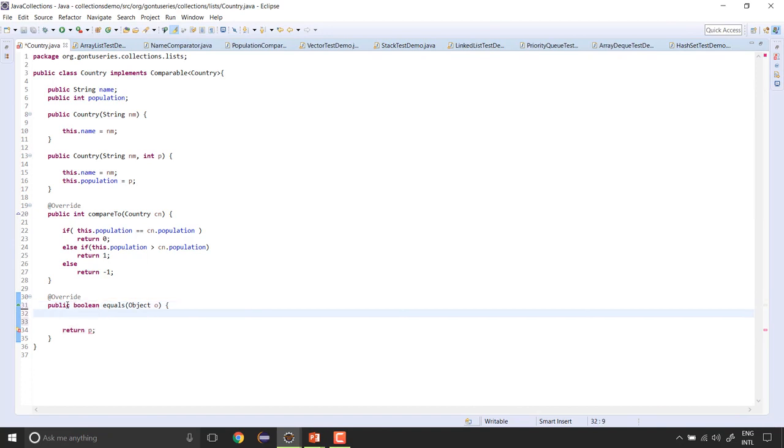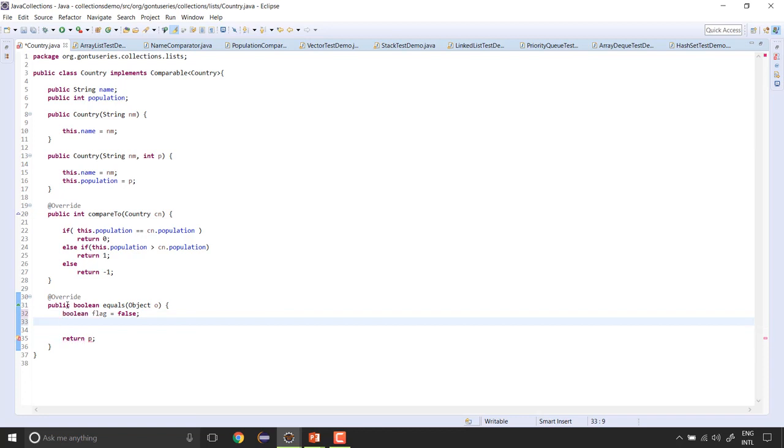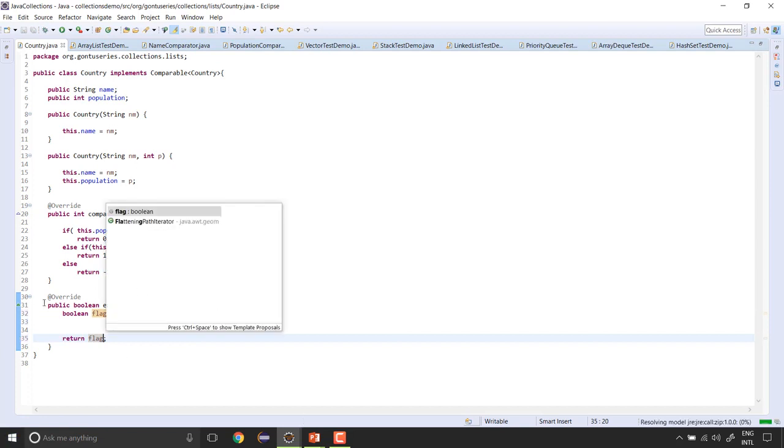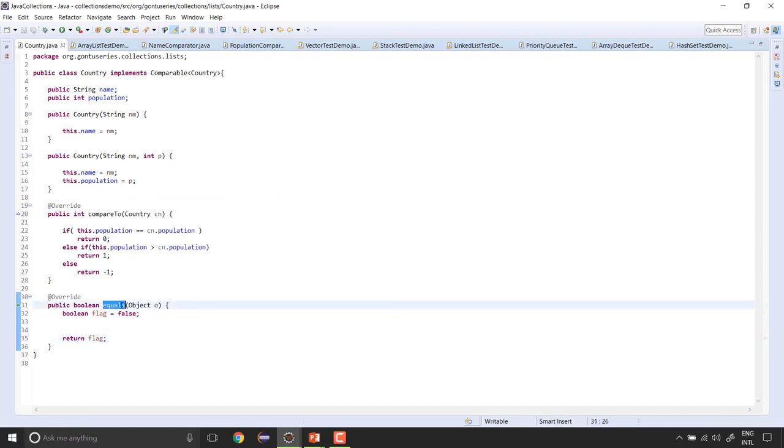Let me write a boolean flag equal to false by default, and the same is what I'm going to return from here. Now here in this equals method, this method is present in the Object class, which is definitely inherited